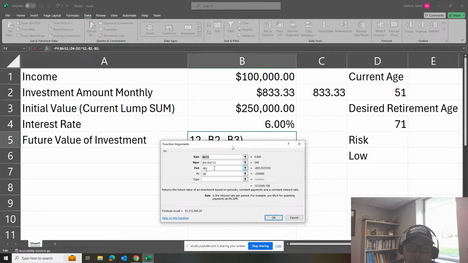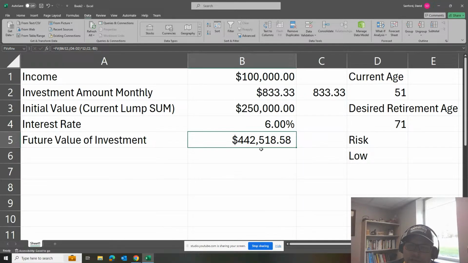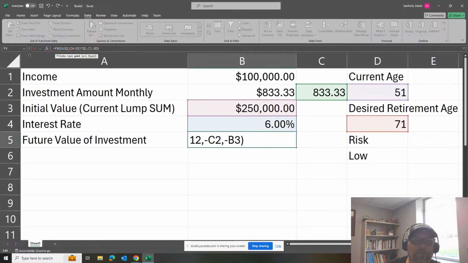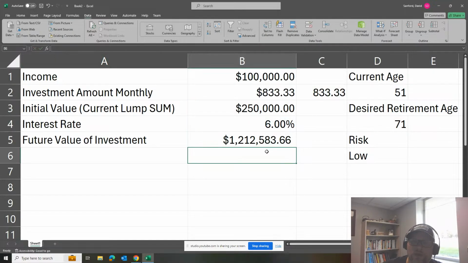Because right now my payment is in B2. I want it to be in this cell. So I'm going to change this there. Now, oh, what did I do? C2. It's because it has to be negative. There. Okay. So there. Now I'm going to try this one last time just to show you that it does